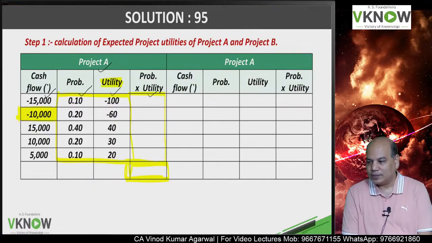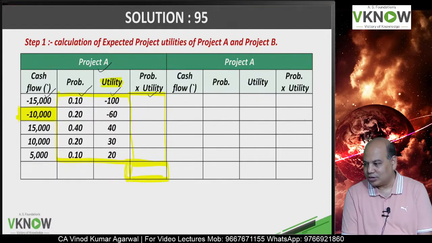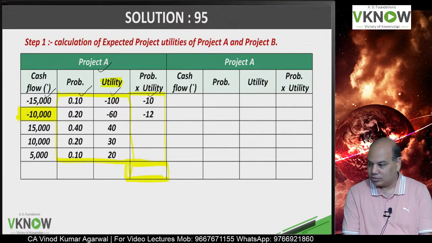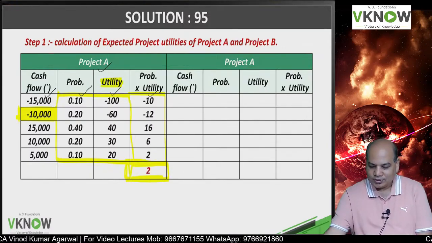First you multiply probability into utility, then take the total. Come on, student. One student is replying 2. Very good. The answer 2 is right. Amazing. Now you do the